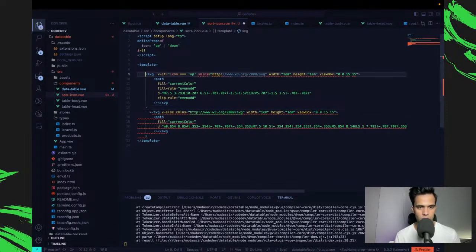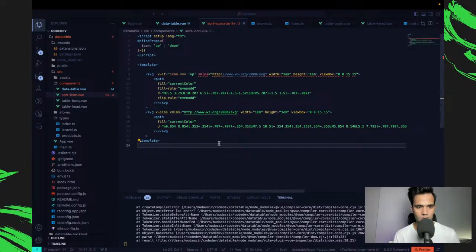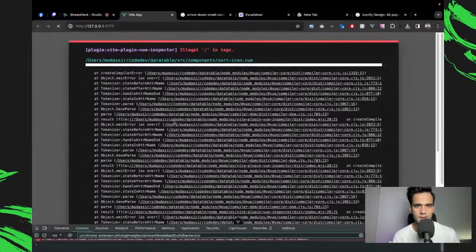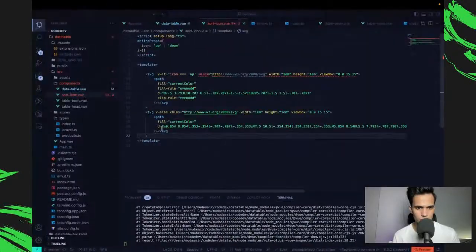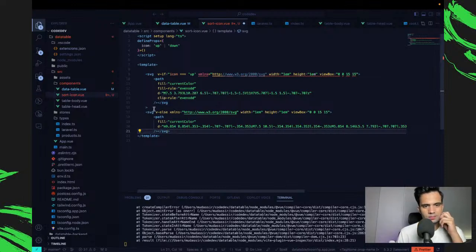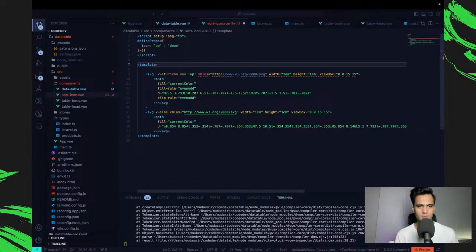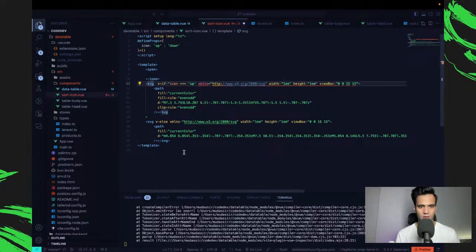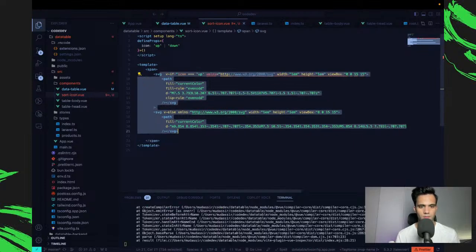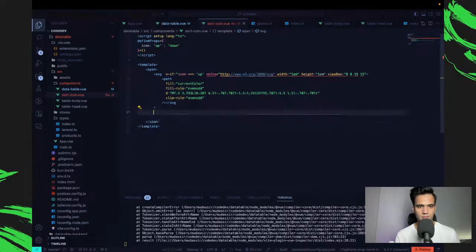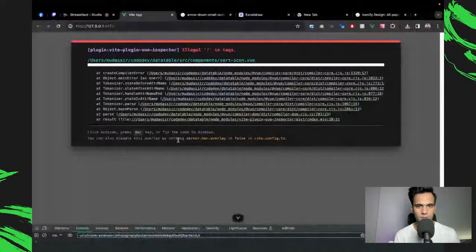And what's the issue now? So our SVG, yeah, got sorted. Technically it should work. Illegal. My SVG. Yeah, I see. It would probably not let me. So let's just say span and wrap all of them in a span. Still some issues. Why would there be?